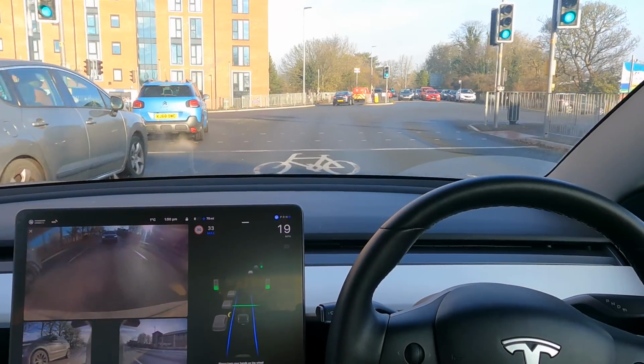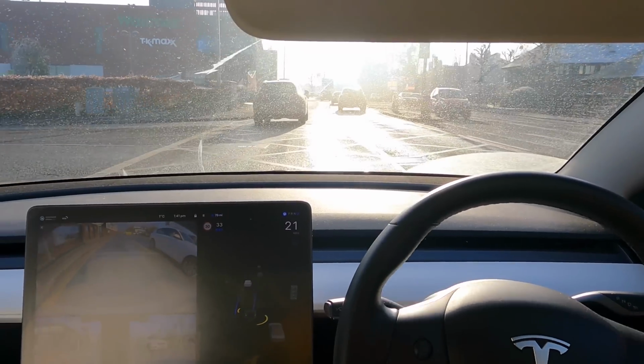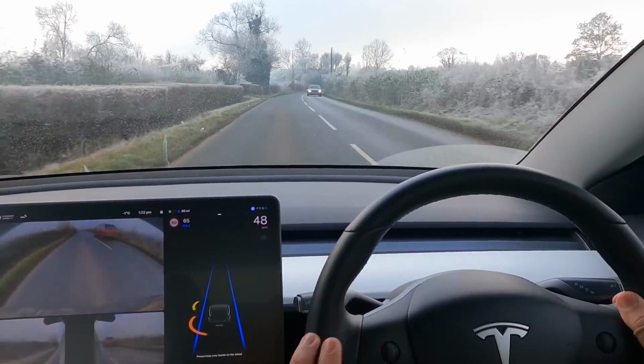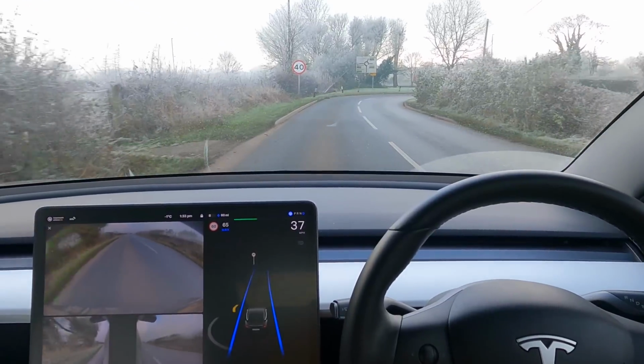This is the hill going up here where the car seems to have... How's it going to do this? Jesus Christ. What has happened in this update, Tesla? What is going on? Welcome back everybody to Tesla Driver. I hope you're doing really well. Today I'm going to be showing you a brand new update,